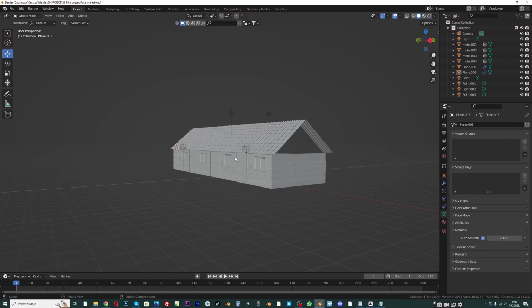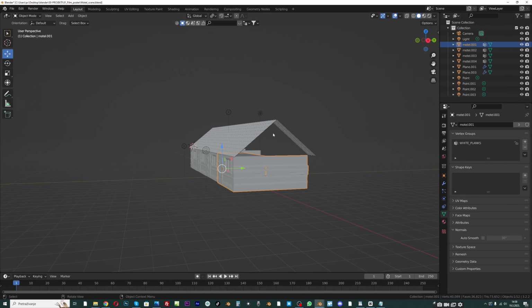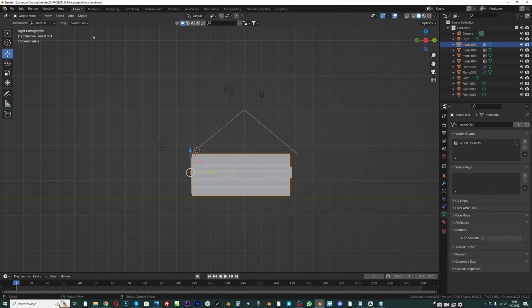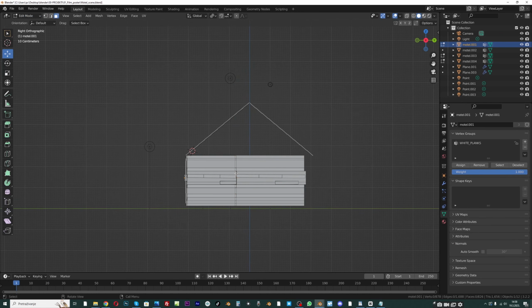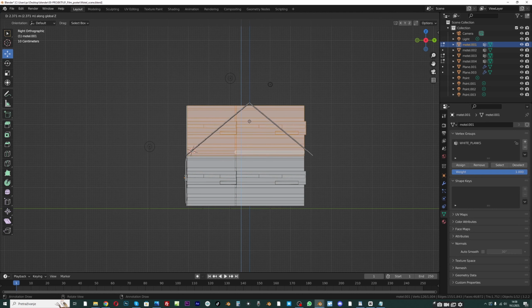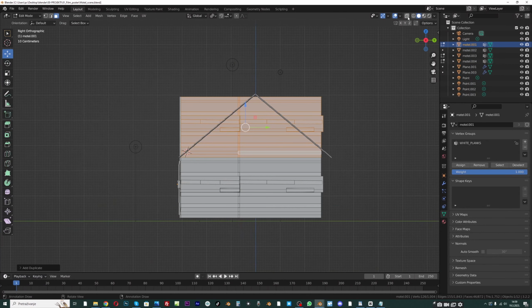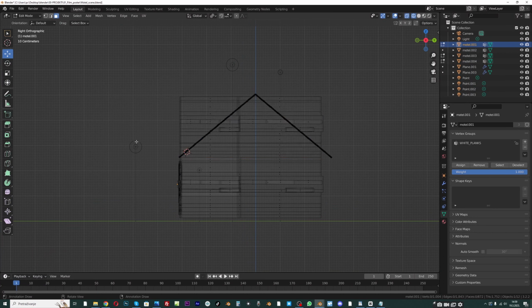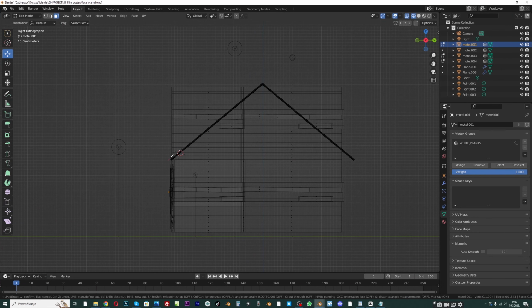And we need to fix this whole empty part here. So I will go with numpad 3 to side view, and let's duplicate all these faces with Shift D and move this on the axis to about here. Let's try to cut this with knife tool. So I will go to X-ray mode and wireframe mode, and I will now go with K, and let's just make